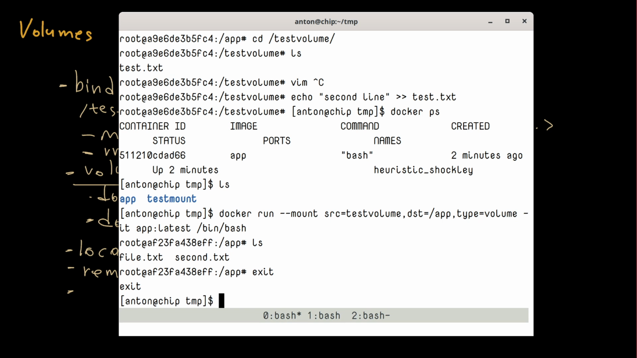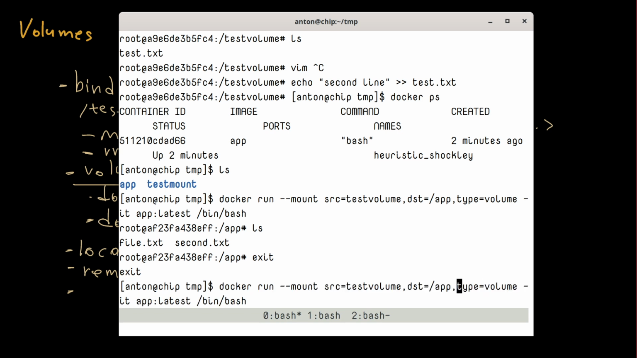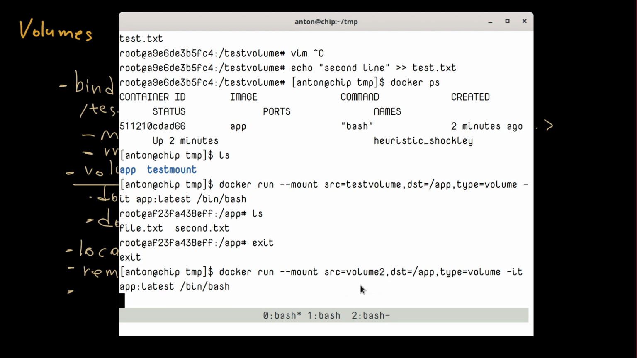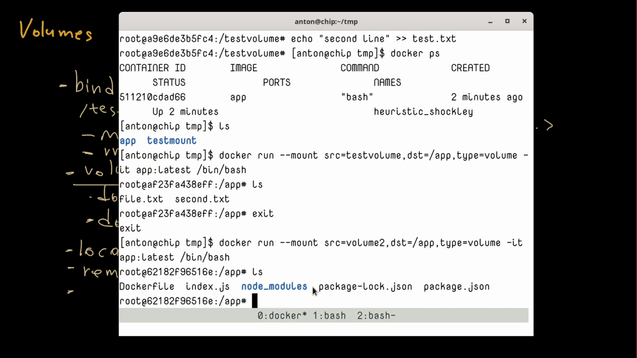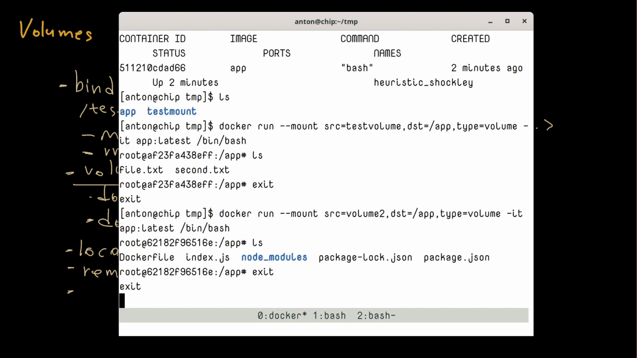And actually, to copy the contents from the container to a volume, you need to have a clean and empty volume, and you can do it by either running the docker volume create command one more time, or you can specify some unique name here, and Docker will create an empty volume if it doesn't exist already. So let's specify volume 2 here, and this way here's our application. And if we exit it right now,